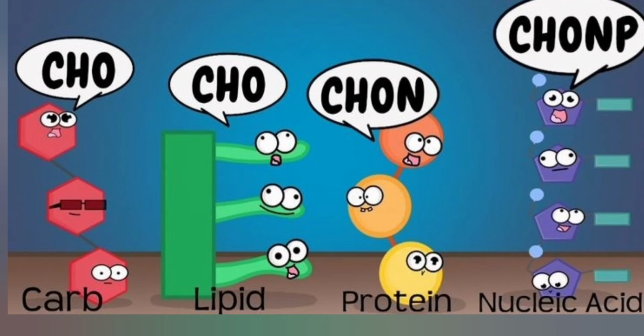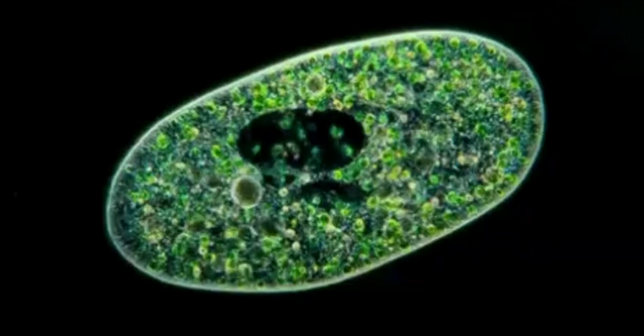In this picture, you can also see the composition of these biomolecules mentioned: carbohydrate is made up of carbon, hydrogen and oxygen, while lipid also has the same composition. Nucleic acid has a phosphate group extra. So why do we want to know about all these biomolecules? Because these are present in a living tissue or a living system. Where do they come from?